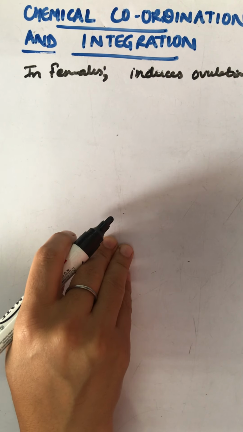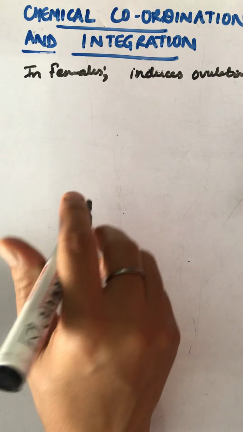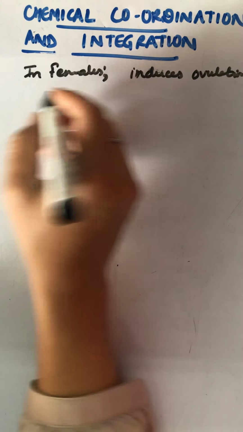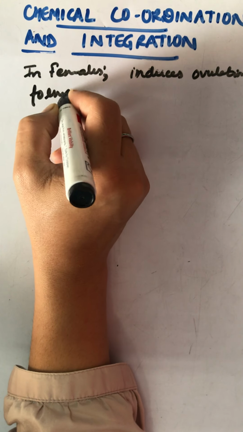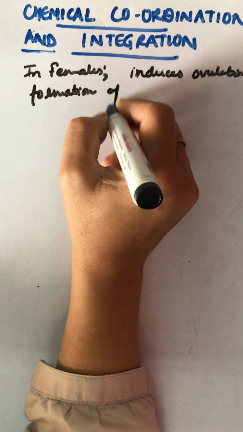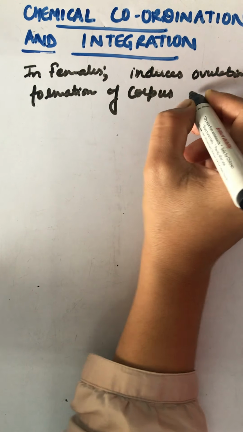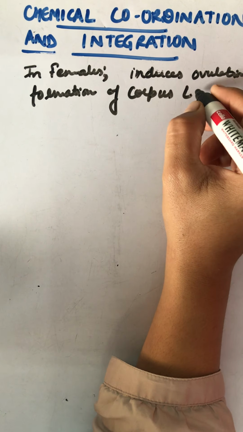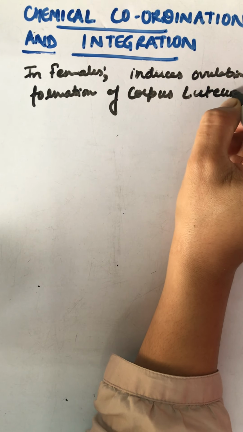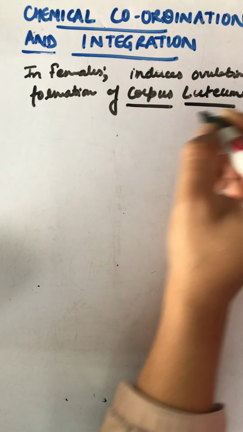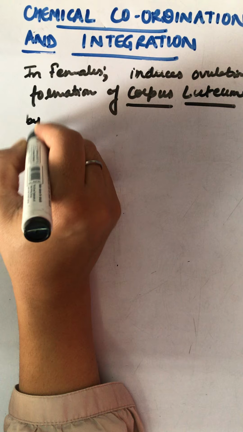When it induces ovulation, automatically it will help in the formation of corpus luteum by the ruptured follicles